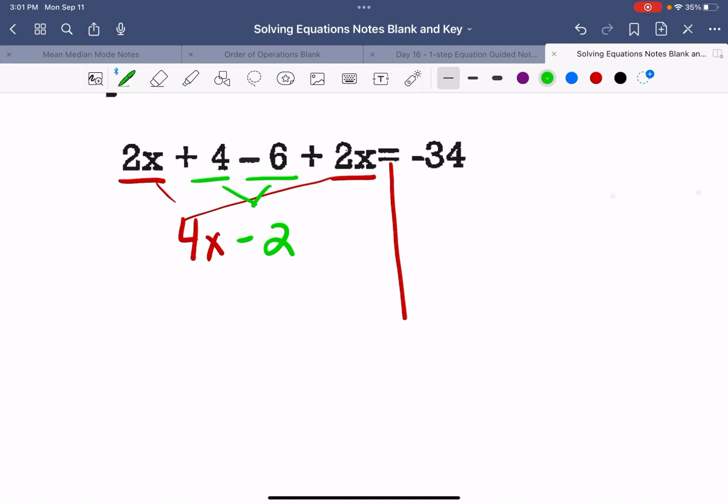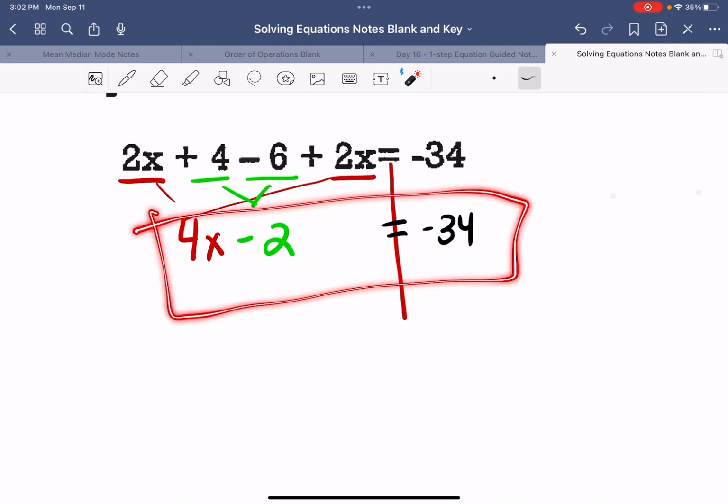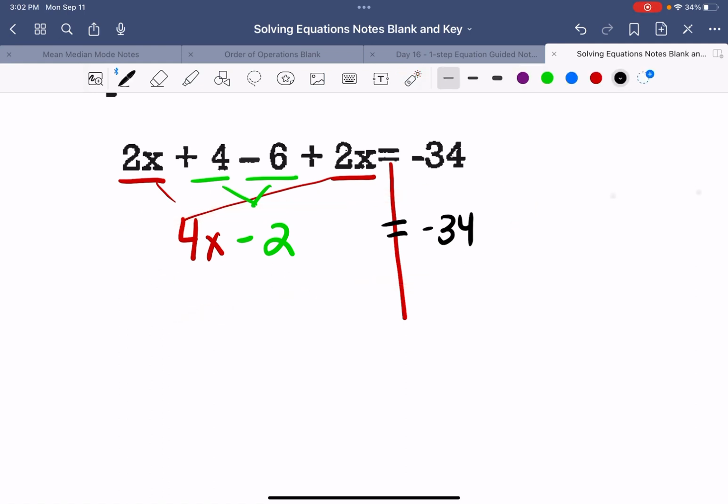Now can I combine 4x minus 2 and simplify that? No, I cannot, because again, Freiburger, I have fries, I have burgers. They are not the same. But I do have this negative 34 over here. And now I'm looking at this and it looks like a two-step equation. We've simplified it to make it where I can do something with this. Make it easy on yourself. So the first thing you're going to do is the opposite with the addition and subtraction. I see subtract, so I'm going to add